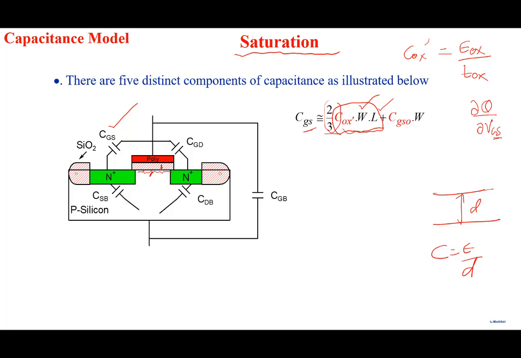But note that in saturation region, as you know, there's a lot of charge density close to the source, and as you go towards the drain, the charge density decreases, and in pinch off it becomes very close to 0. So there's a non-uniform charge density, and because of non-uniform charge density is where this factor 2/3 comes about. If it were uniform,